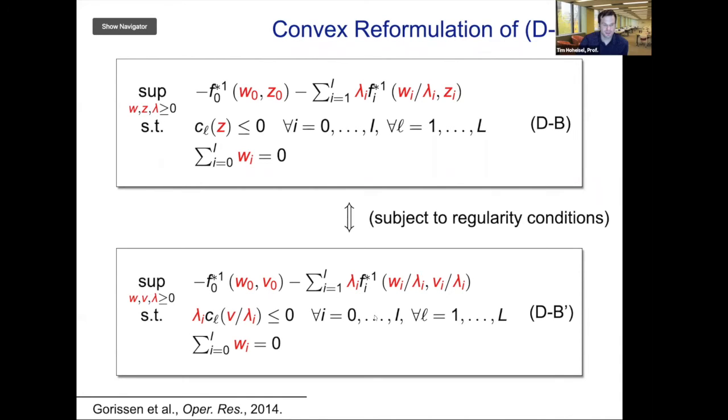So CL is positively homogeneous. Yeah, no, the perspective, lambda I CL v over lambda I. When lambda I is 0, this should be interpreted as a positive homogeneous function of v. Okay. And it will be 0 when v is 0. It may be 0 when v is non-zero, but generally it's actually not.